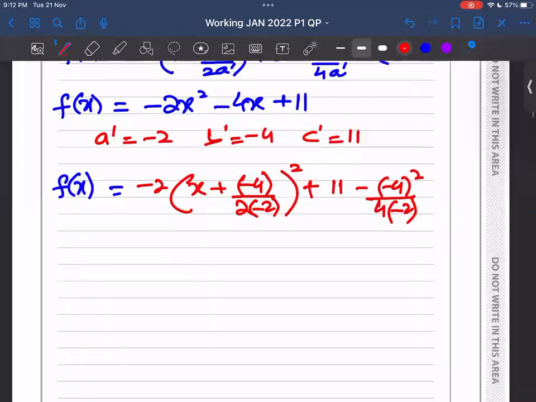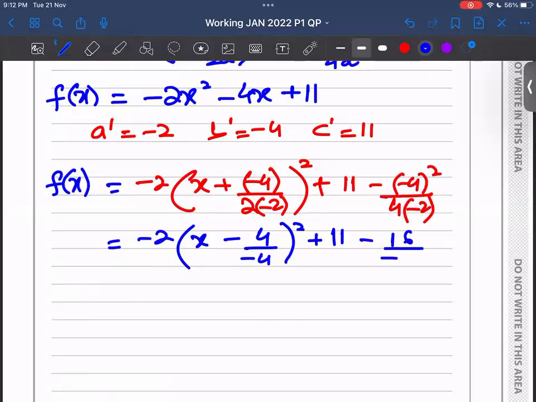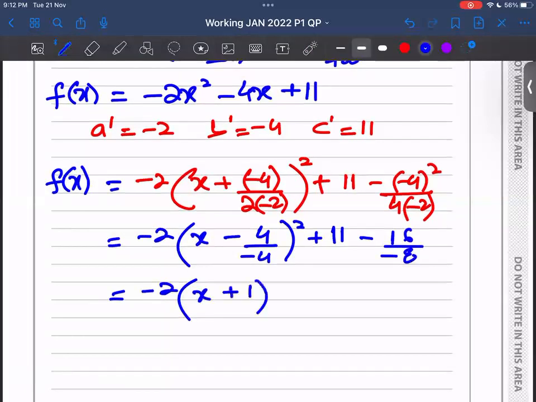Now I'm going to simplify them further. What I will get: minus 2, this is going to become x plus minus 4 upon minus 4, whole square. 11 minus, 4 square is 16, positive 16, upon 4 into minus 2, minus 8. On further simplification, I'll get minus minus plus. This minus minus becomes plus. 4 1s are 4, 4 1s are 4. It becomes x plus 1 whole square. 11 remains the same. 8 1s are 8, 8 2s are 16. Minus minus plus. 11 plus 2 is going to be